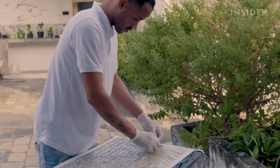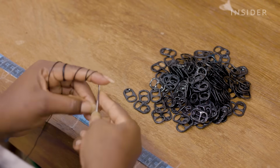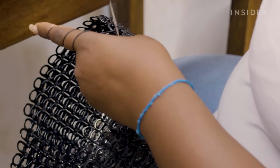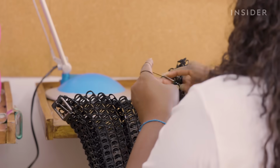After they've been cleaned, workers separate the pop tabs and paint them. Then, women like Anna take over. Using a method similar to crochet, weavers arrange the pop tabs into patterns that adorn a variety of fashionable bags. Today, Anna is working on the Bolani. This bag will take her about 8 hours to make, using exactly